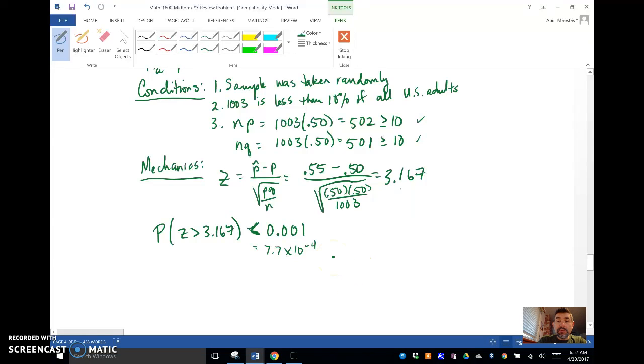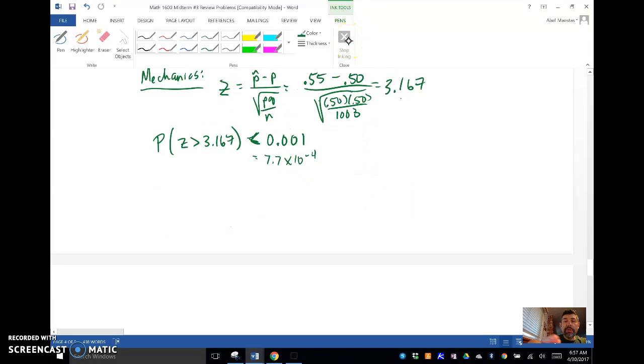But basically, we just want to make sure that it's smaller than our alpha level. In this case, it's so small, it's going to be smaller than any alpha level, even if I had chosen an alpha level up top there. So we're going to write our conclusion now based on our p-value. Conclusion. All right. Since our p-value is very small,